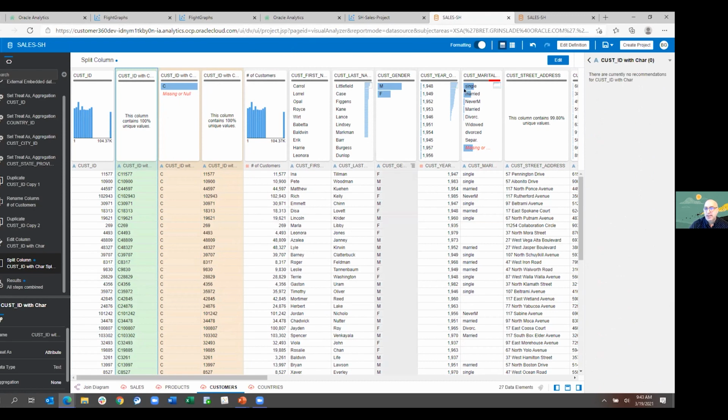One other feature, I think we may have shown this before, but I'll just call it out again. With these quality insights, you can also make changes directly in the data set itself. Within the editor, you don't have to go again to a data flow or something like that. You can just go here.